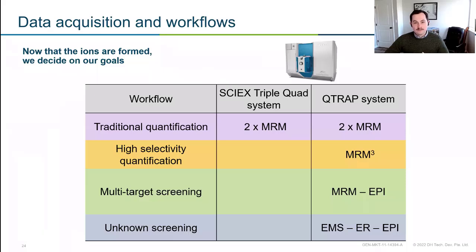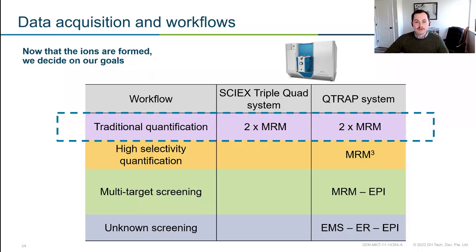So that's just a brief background, but let's talk about the questions that we can answer, because that's the most exciting part about mass spectrometry, at least to me. So we've got our ions. Let's do our first workflow. Maybe we want to do just some traditional quantification. Regardless of whether you have a triple quad or a Q-trap, this experiment is going to work the exact same. You wouldn't notice that you used a Q-trap over a triple quad unless you looked in the metadata or peeked over at your instrument and saw a badge on it that said Q-trap.